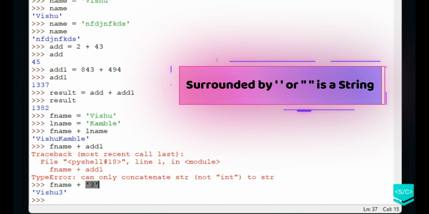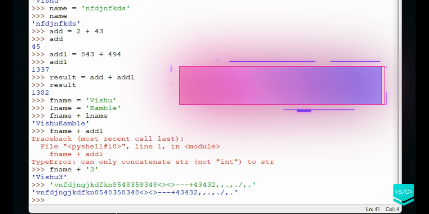Anything surrounded by quotes is a string, no matter what you put inside the quotes. If I put some characters, numbers, mathematical operators, or any symbol, it doesn't matter. If it is surrounded by quotes, it is going to be a string.